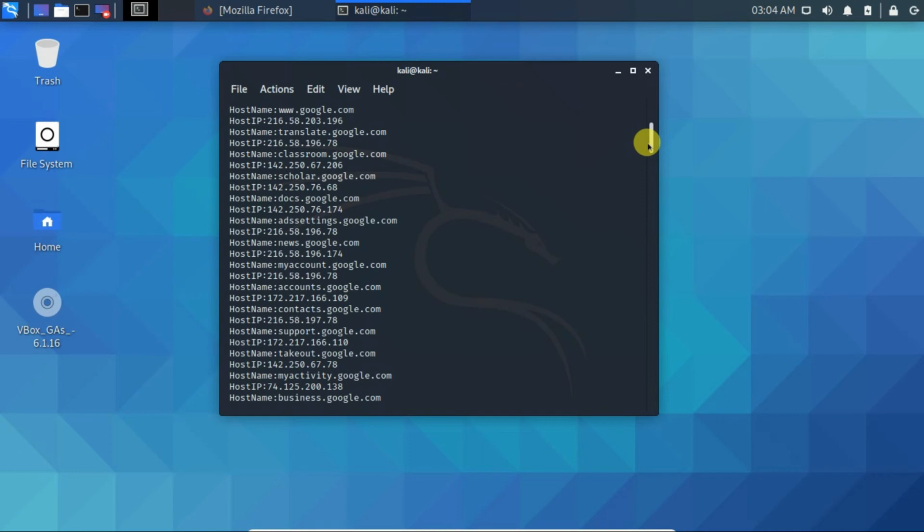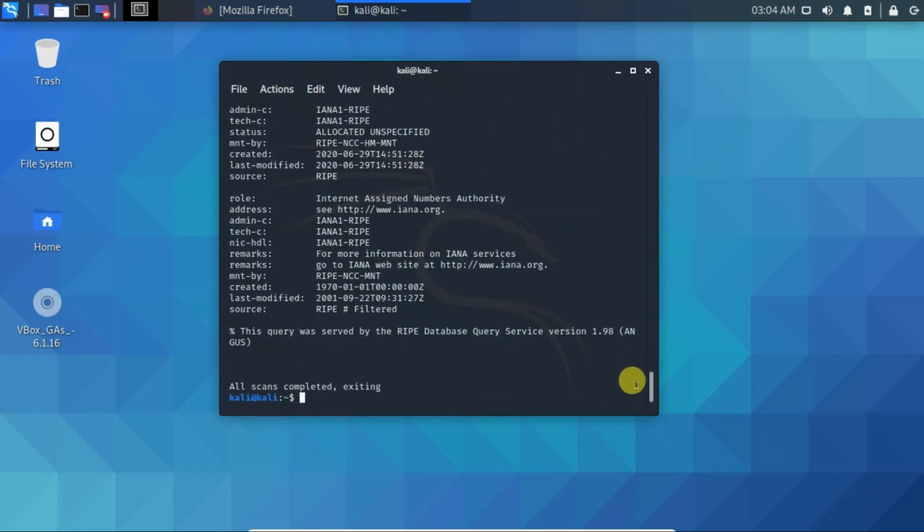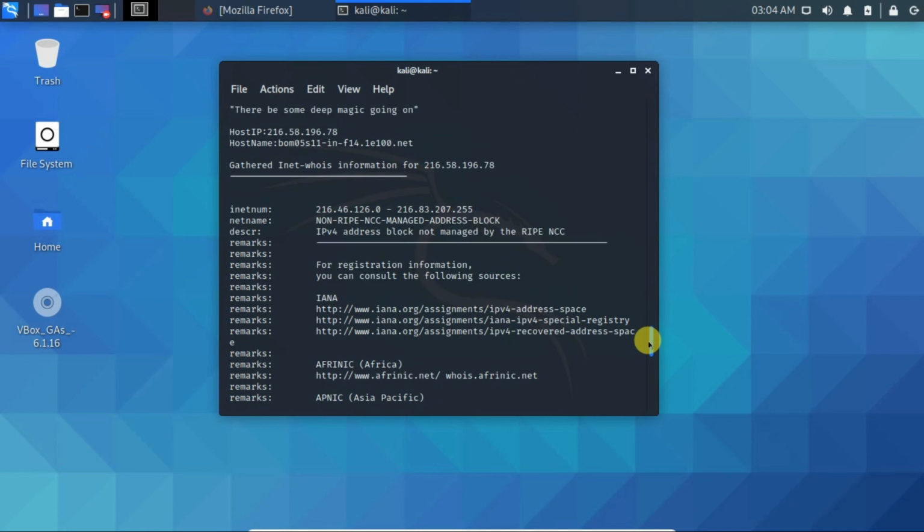That's great information, but we didn't know anything about the IP address. So we asked Dimitri again to get information about this particular IP address. And when we asked it about developers.google.com, we got to know a lot more information about that particular subdomain, right?